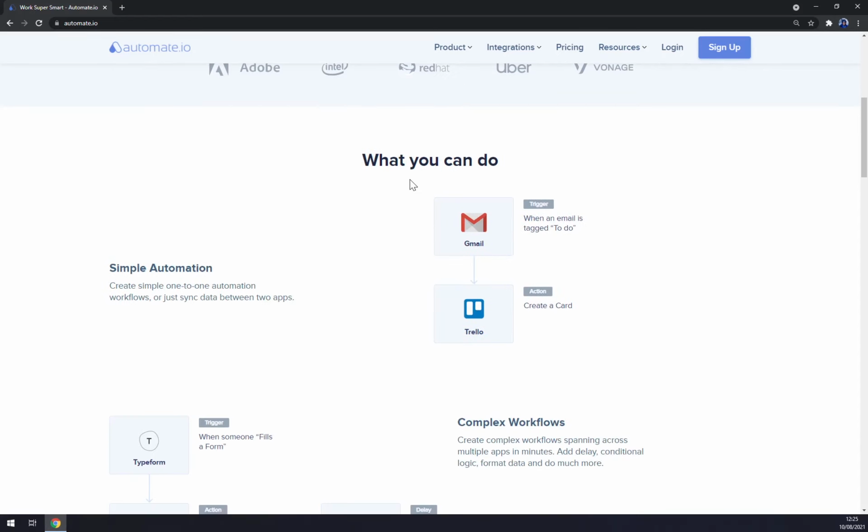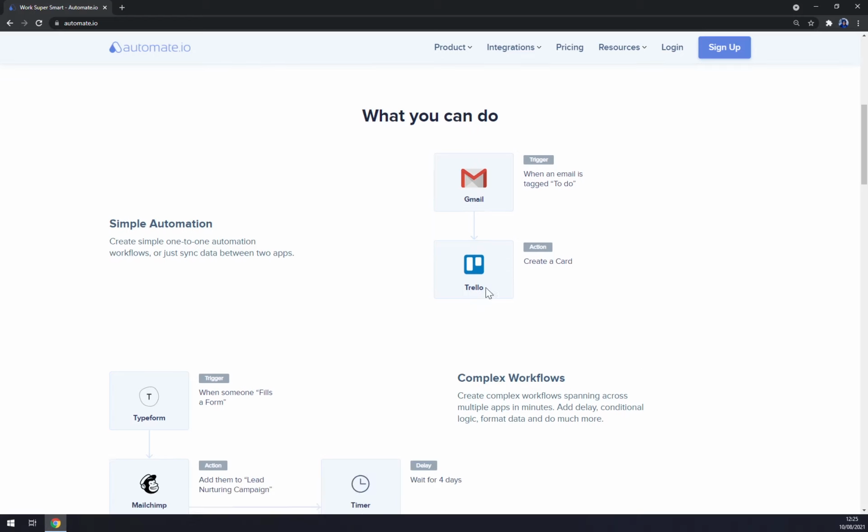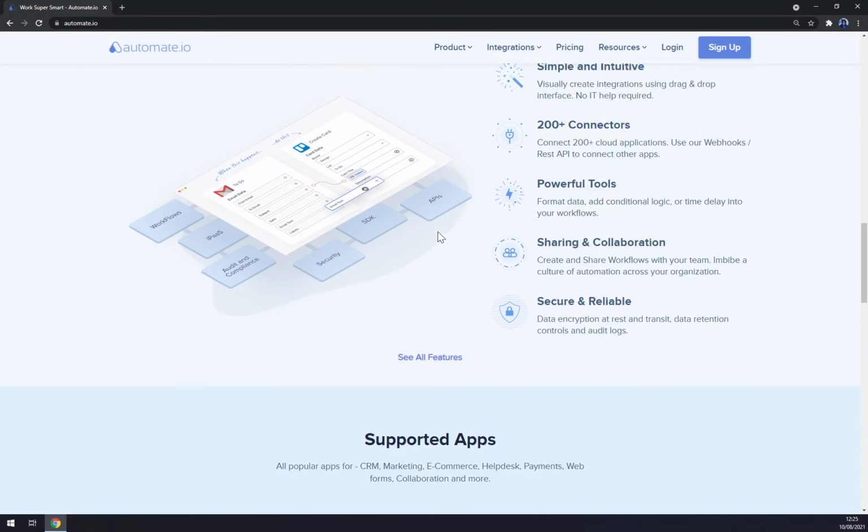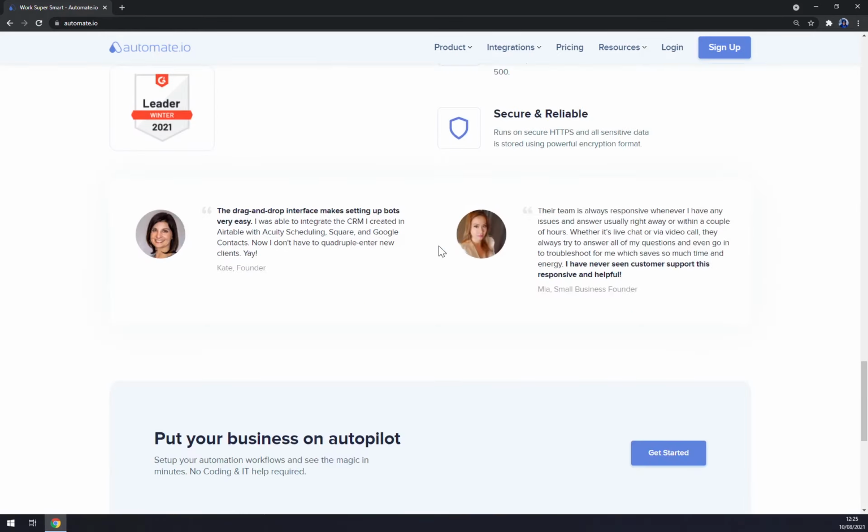What you can do is set up a trigger and action between two apps, for example, Gmail and Trello. The first app will allow you to perform a trigger, and the second one will do the job. For example, when an email is tagged to do in Gmail, it will create a card in Trello. And that's all about Automate. We can explore all the options, and